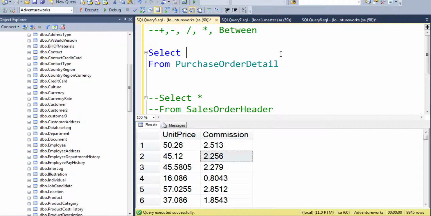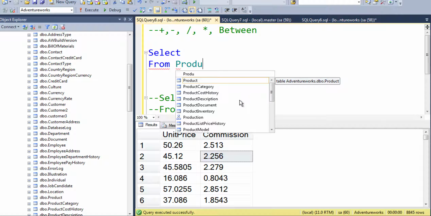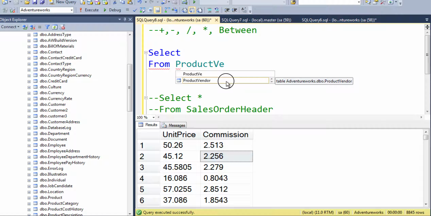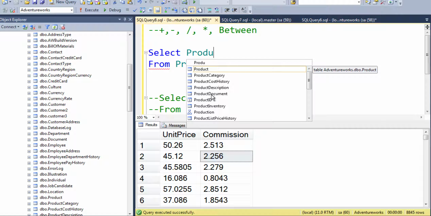For the between operator, I'm going to use the product vendor table, which is here, and I'm going to try to find product ID,